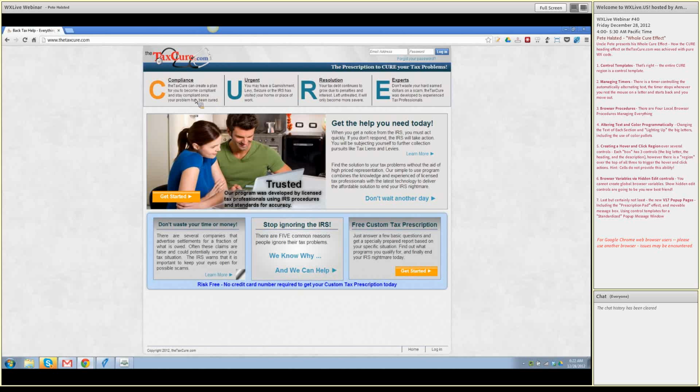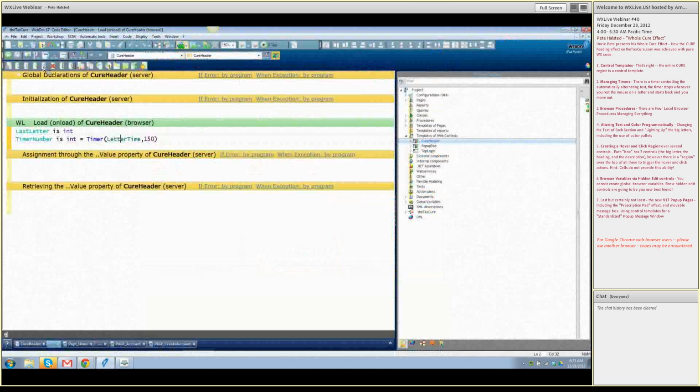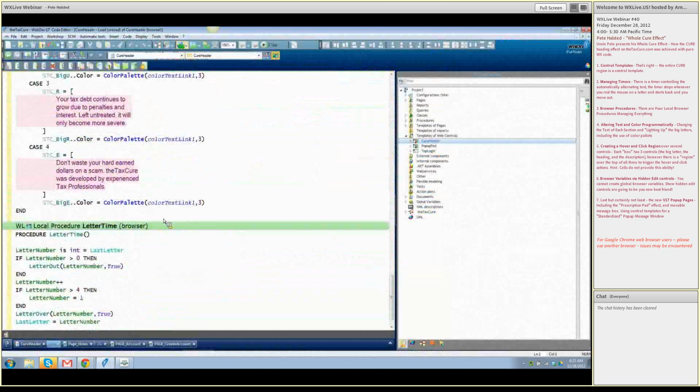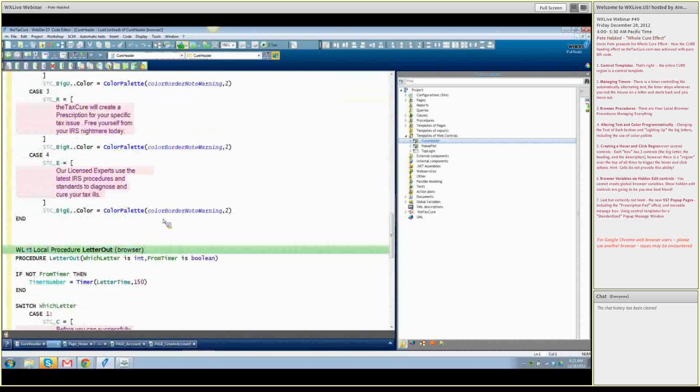And you'll notice once you move the mouse into that region, the timer is no longer running. I can leave this on the U as long as I want, and it does not switch. That's because I have stopped that timer and have now put myself into a manual mode so that the user can explore at their own pace. And how we are doing that is when they go into that region,